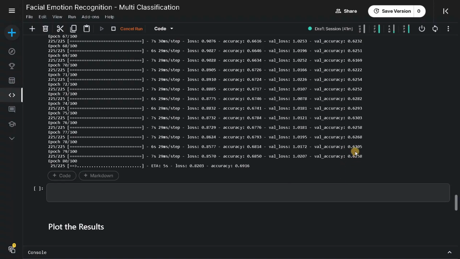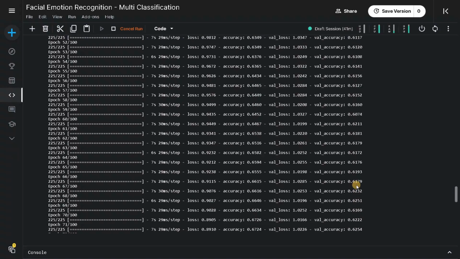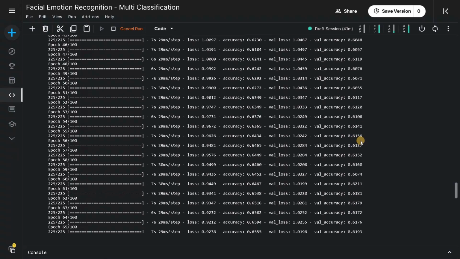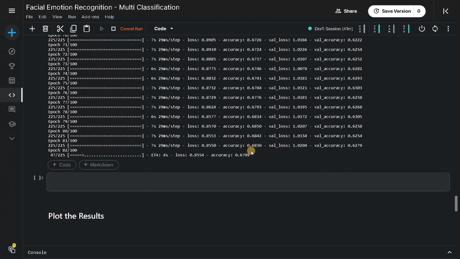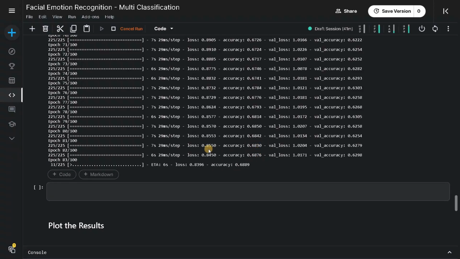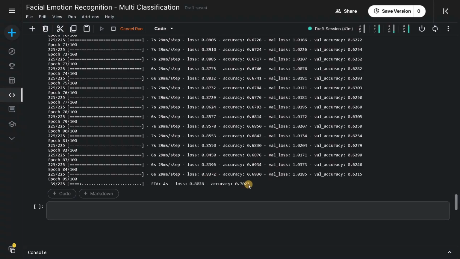Let's see. Okay, now we have got around 63% validation accuracy. Let's also check whether we have reached 64. Let's go for 64. Well, it is still loading. Maybe you can also increase the number of epochs because we have used so many dropout layers, so it will take longer to converge at the global minima. So try to increase the number of epochs, like 200. 200 is sufficient. For this tutorial, I'm just going with 100 itself. I hope it will reach that 64% accuracy